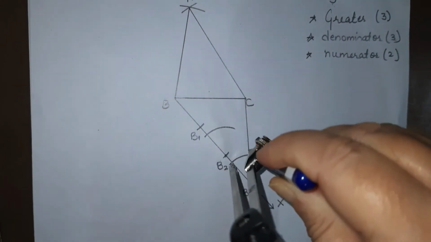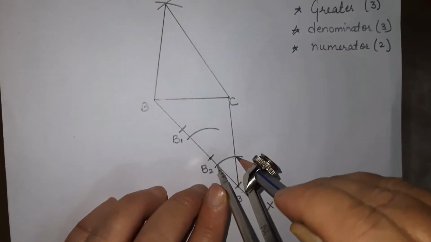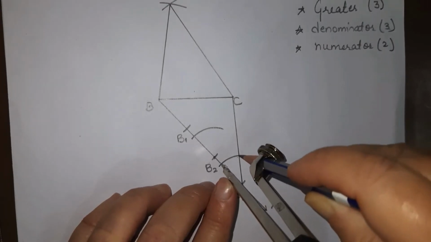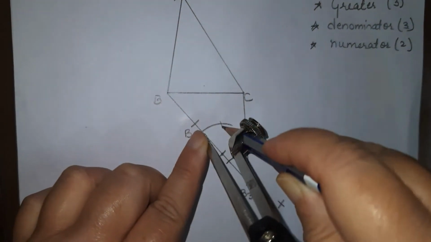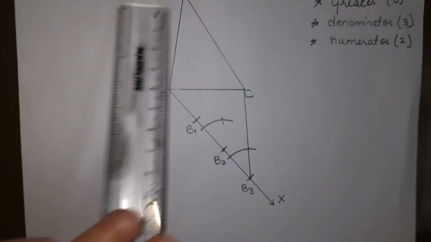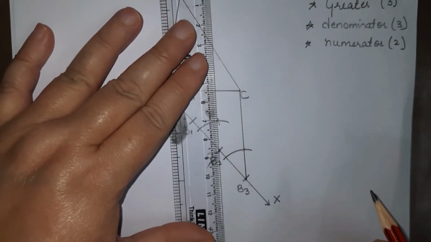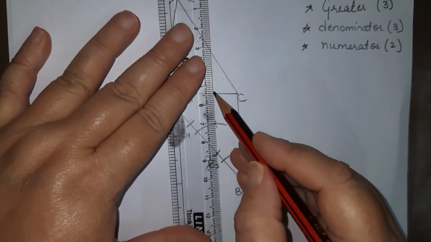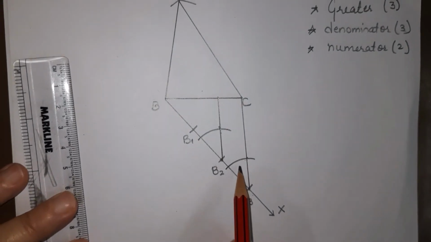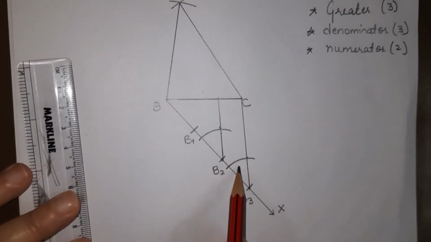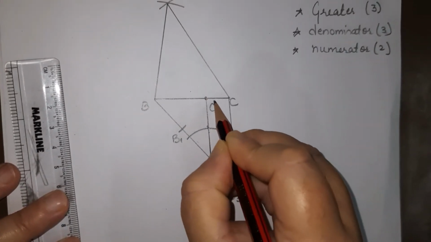This is the method. First of all, two equal arcs are drawn and then you have to measure these arcs. So this is like here. So from this point, we will join this to make the line through B2 parallel to B3C. Like this. See, these two lines are parallel and these two are corresponding angles. So when corresponding angles are equal, lines are parallel. So let me call this point C dash.